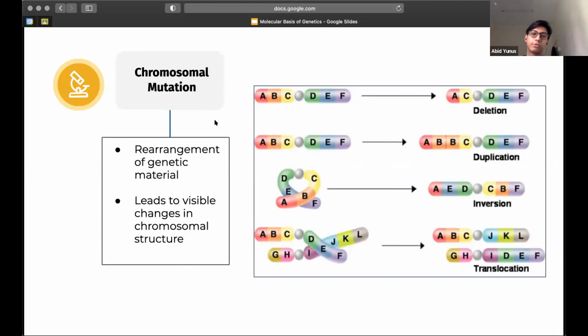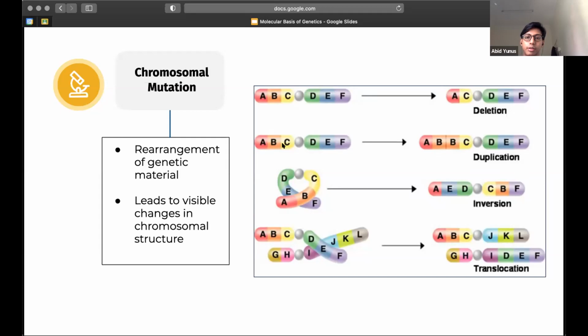And next is the chromosomal mutation. Chromosomal mutation occurs when there's a rearrangement of genetic material, and it will lead to visible changes in chromosomal structure. The first one is deletion. So you can see that there's a deletion of a segment of the chromosome, from ABC turns to AC,